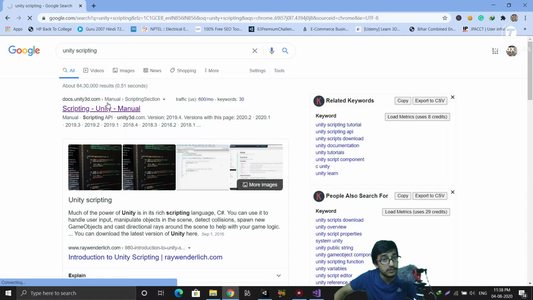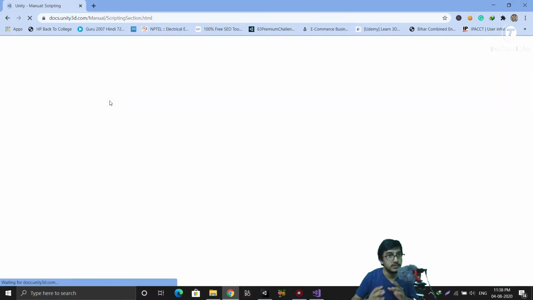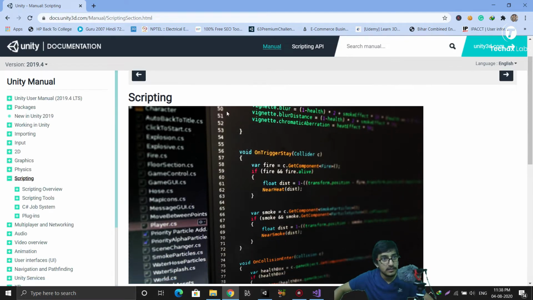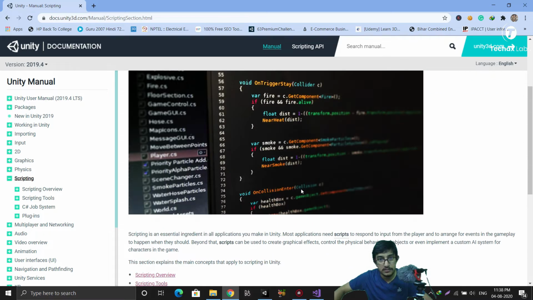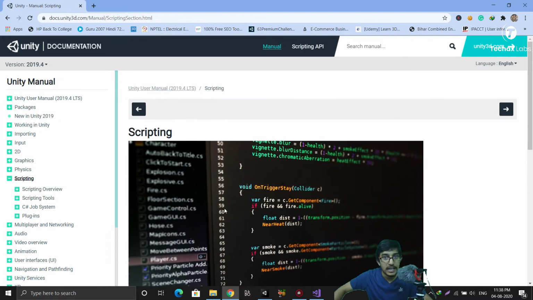We have got a manual. I'm telling you this because it is provided by Unity Technologies, and this manual is present for all the versions of Unity. Actually a lot of your issues can be solved by seeing this Unity documentation, or you can say the manual.